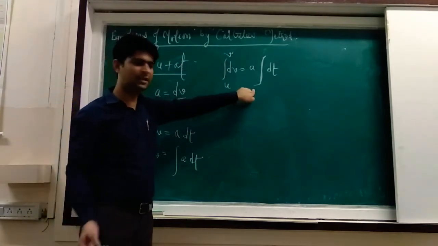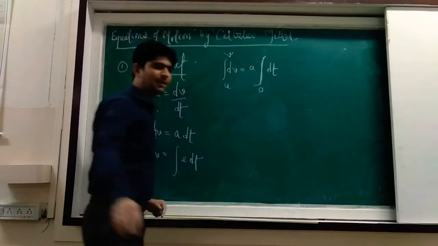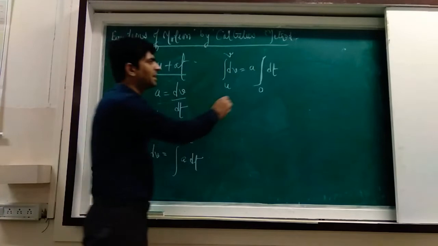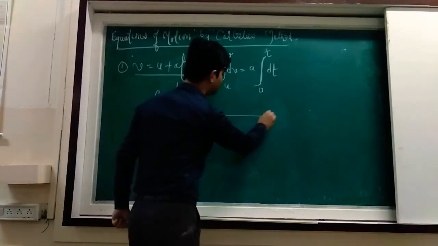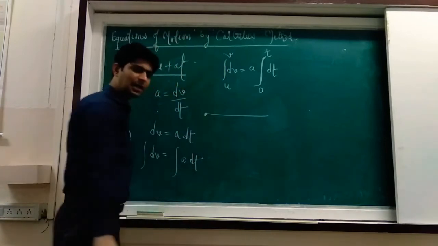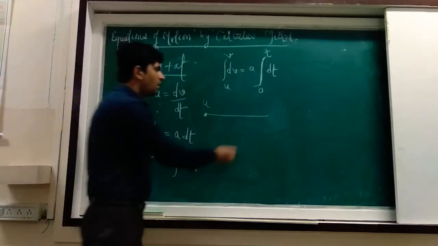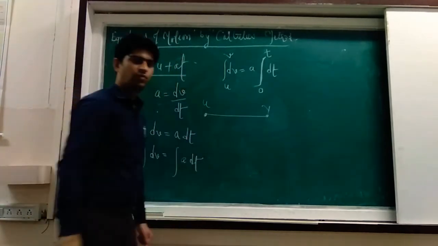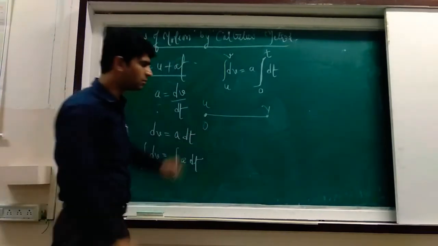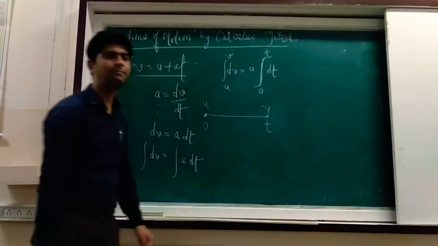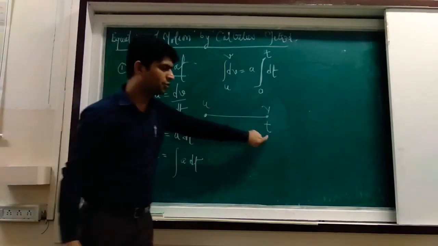And the time duration you may take as T1 to T2 or from 0 to T. In the beginning, if the time is considered to be 0, then the time will go from 0 to T. You can understand this with this diagram also. When we started analyzing the journey of a body, we took the initial velocity to be U, and at this point the velocity becomes V. At the beginning of the analysis we took time 0, and at this point we took time t. So velocity is changing from U to V and time is changing from 0 to t.